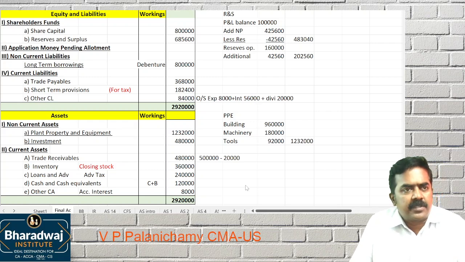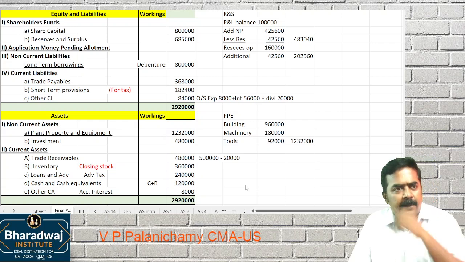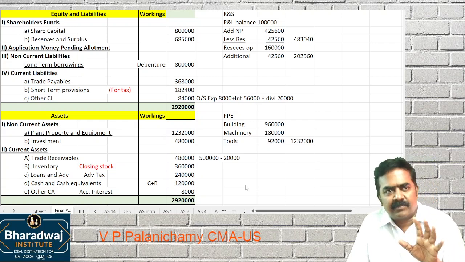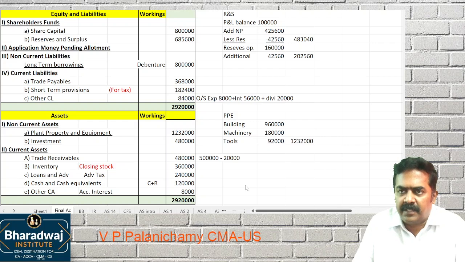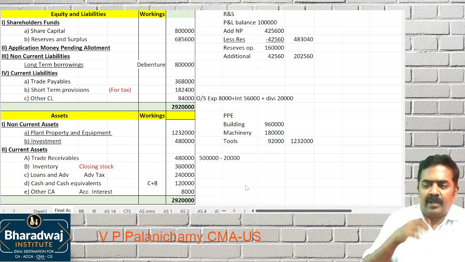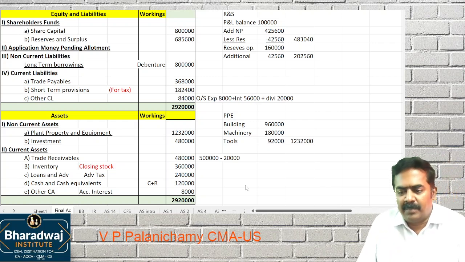So how many questions have we solved in final accounts? 4 questions. Good. In a span of 2 hours, recollecting and solving 4 questions, it is a good amount of speed. Live online friends, are you comfortable with the speed? In regular classes, we don't go this fast, but in revision classes, first we understand the concept. Then while working out questions, we have to be a little bit faster.